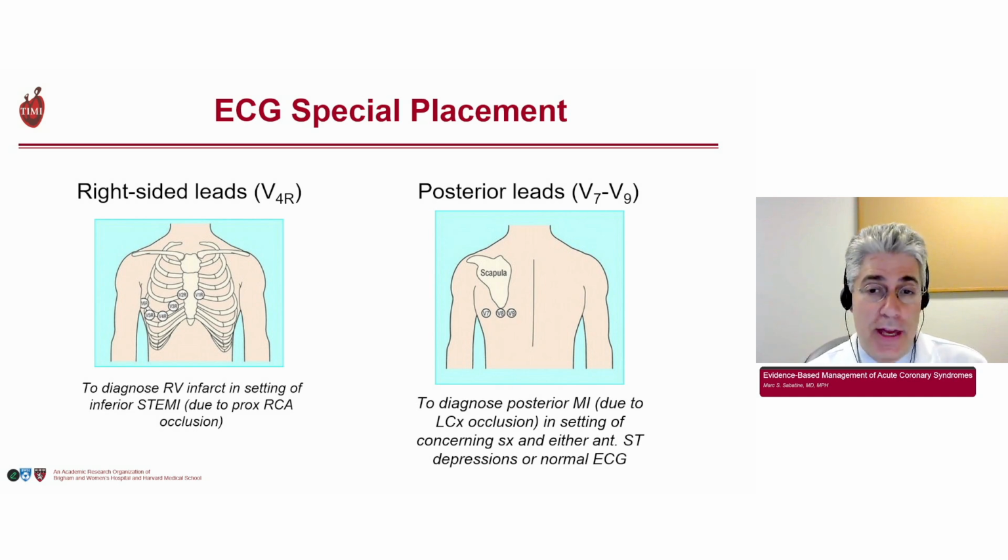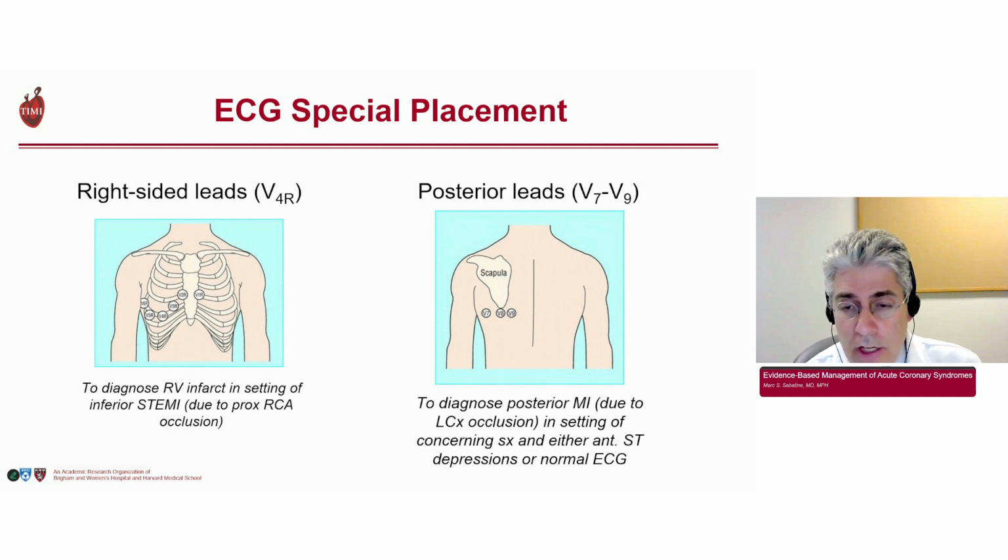That suggests that the patient is having a proximal occlusion of their RCA, and they may have a bit of a rockier course due to RV dysfunction. On the right-hand side of the slide, you see the description for posterior leads. Now we're looking at the back of a patient, and you can see those 3 leads straddling the lower tip of the scapula there. And as I indicated, we do this to diagnose a posterior MI, typically due to left